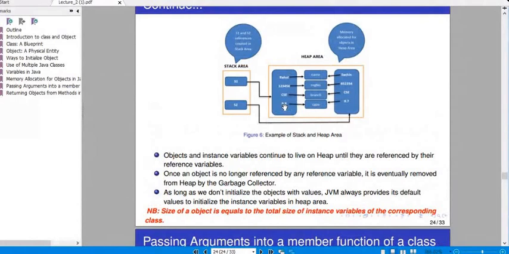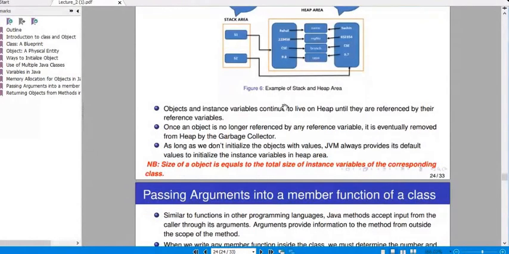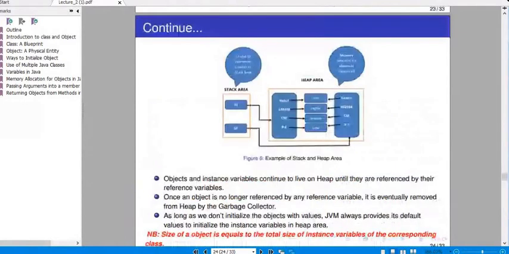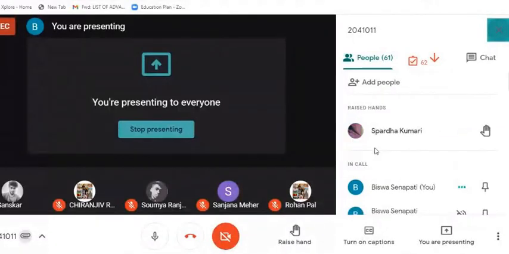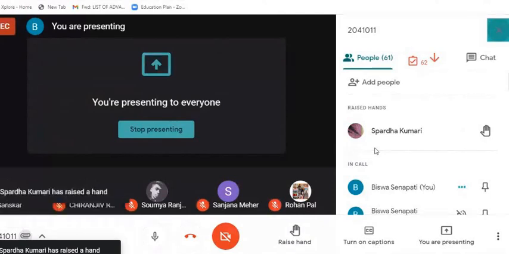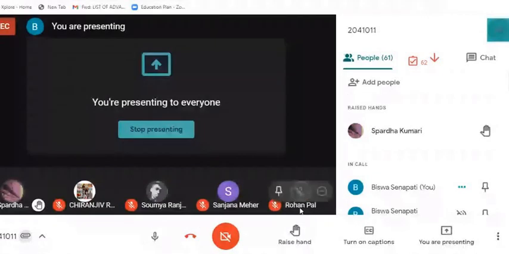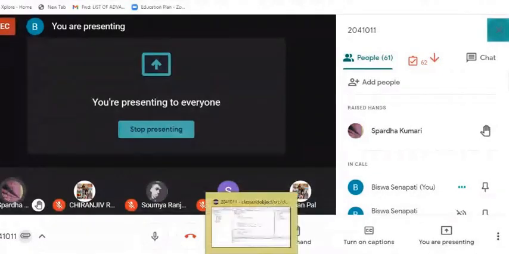Up to this, any doubt you can ask. Are you all listening or are you all sleeping? I can't understand today. Yes, Spradha, tell. Sir, please repeat the JVM point about the default value.